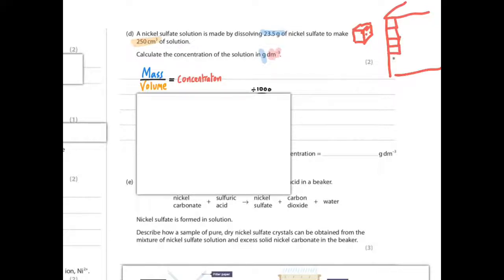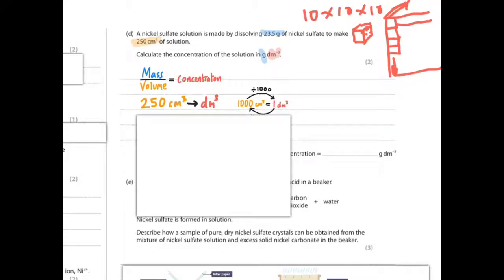So 10 of these, imagine it's going down to 10, 10 along here, 10 deep as well. So you're doing 10 times 10 times 10, which is 1,000. So it's 1,000 centimeter cubed. So you have to do a conversion because they must be alike. So that's the catch. So firstly, to convert 250 centimeter cubed to decimeter cubed, just whenever you're doing a unit